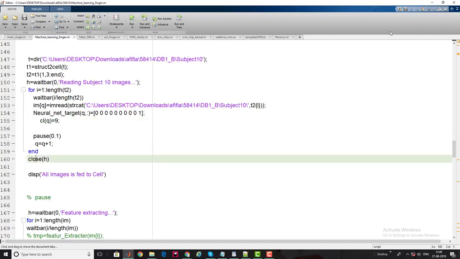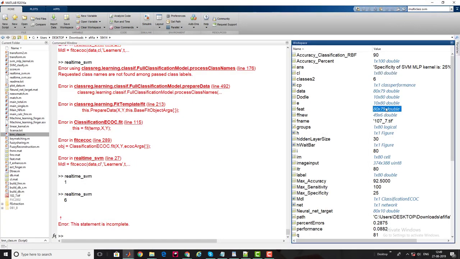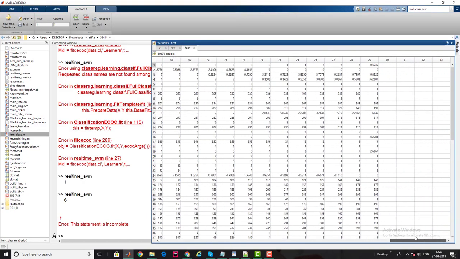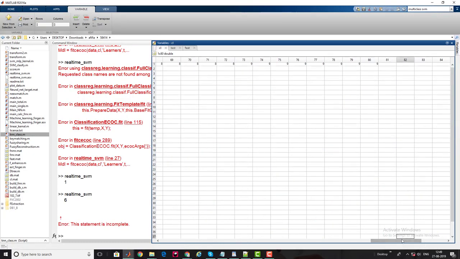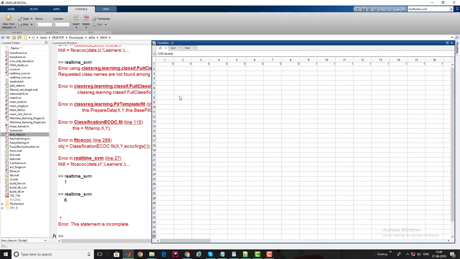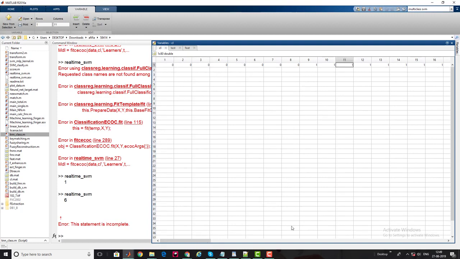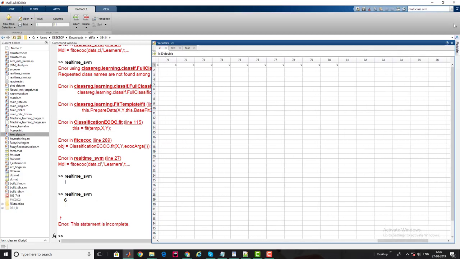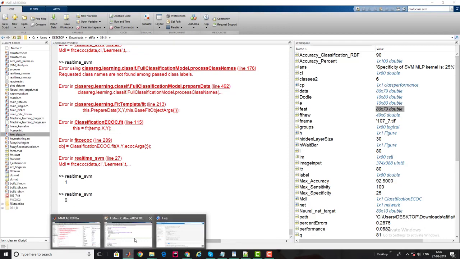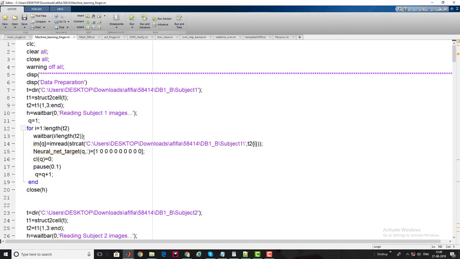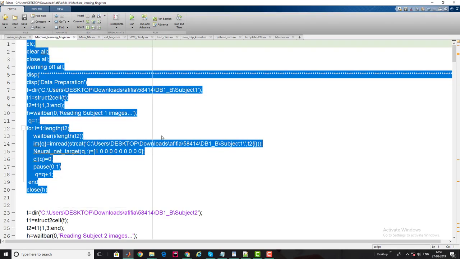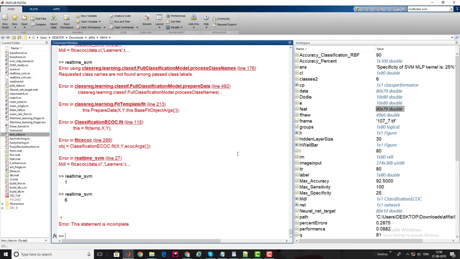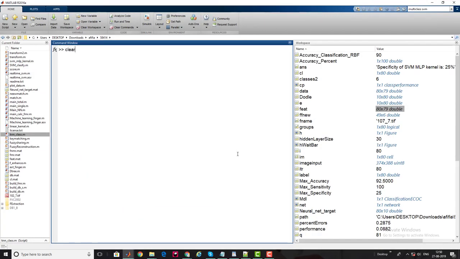After running this code, the features look like this, containing 89 features, the minutia points and all, and the target vector will look like this, containing labels 0, 1, 2, 3, 4, 5, 6, 7, 8, 9. Guys, I had already run this code, but for your simplicity I am going to execute the first part of the code where I am giving the target of the first subject. Then I'll show you my stored features, and we'll move forward from there.